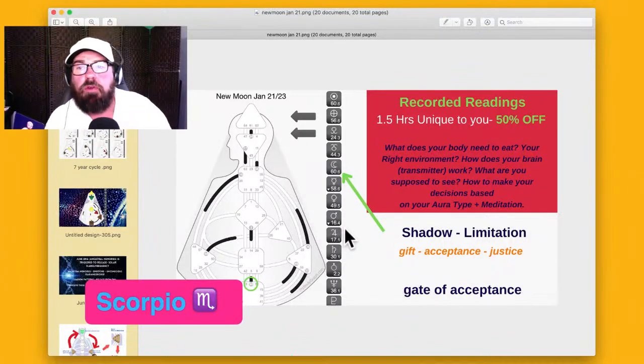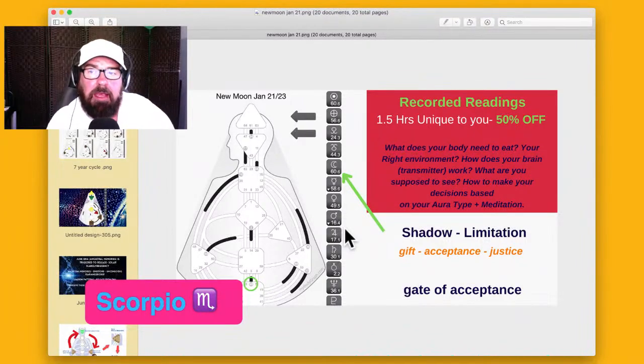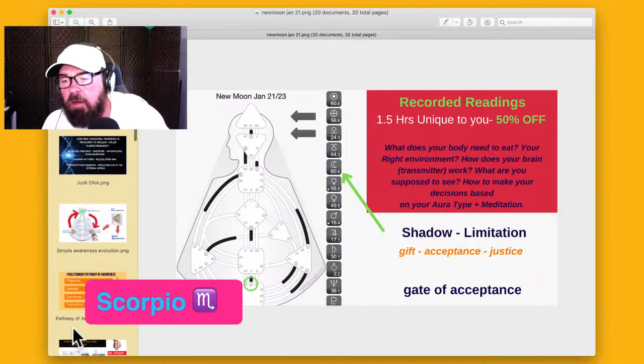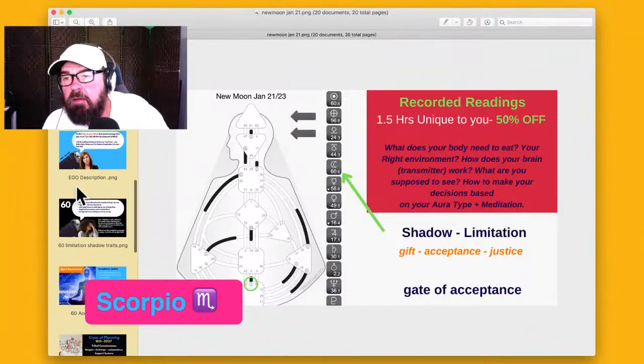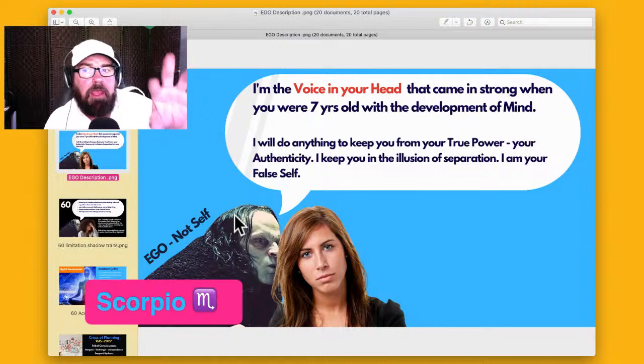So you have to remember, Scorpio, that you can't personalize things, make things personal, because this is what the ego wants you to do. Where's Mr. Ego? That's the ego, the voice in your head that you believe is you, right? This foreign entity wants you to believe that it's them. It's personalizing. They want to power over me.